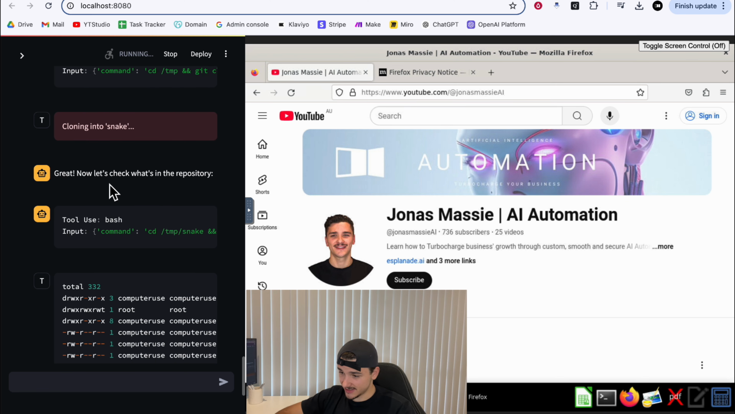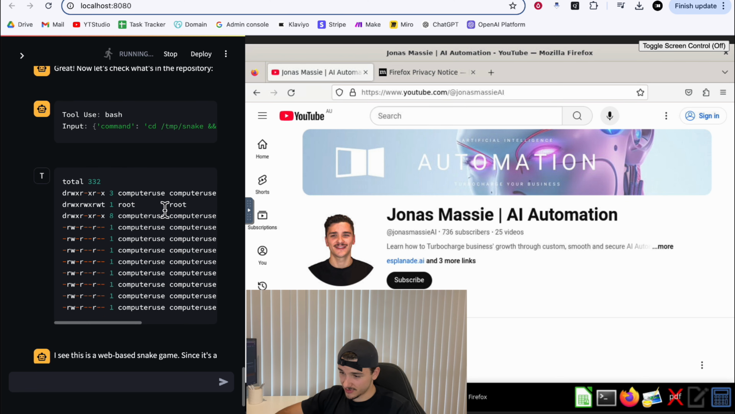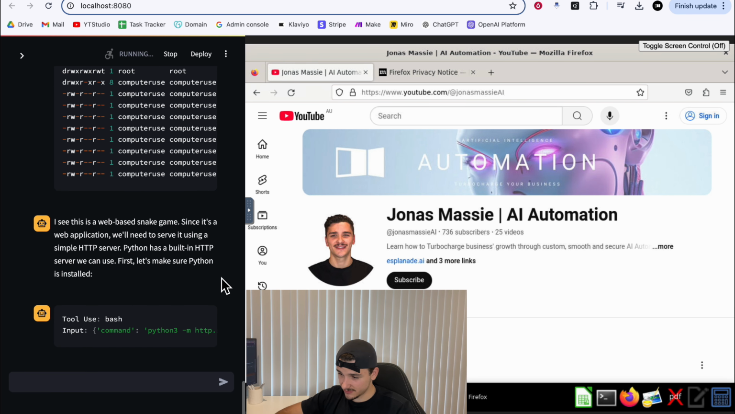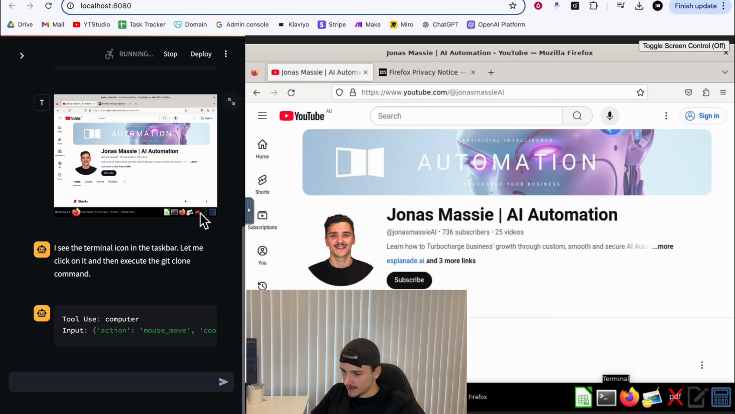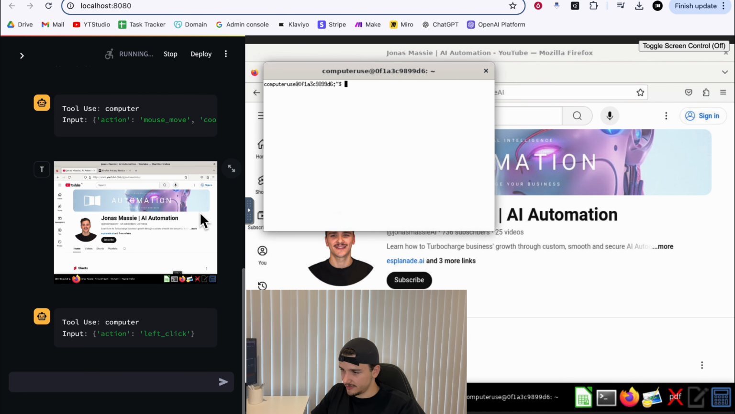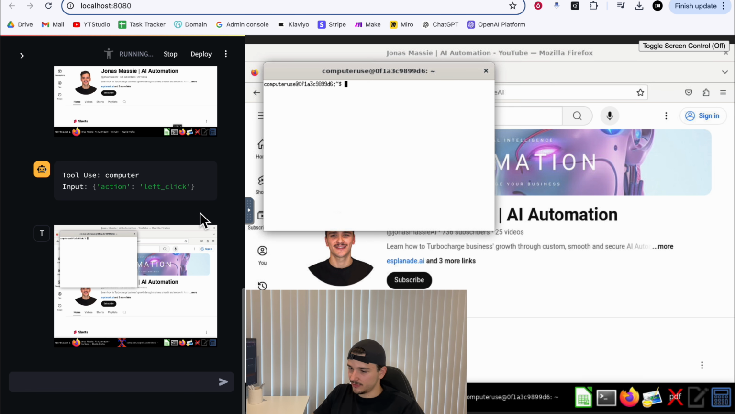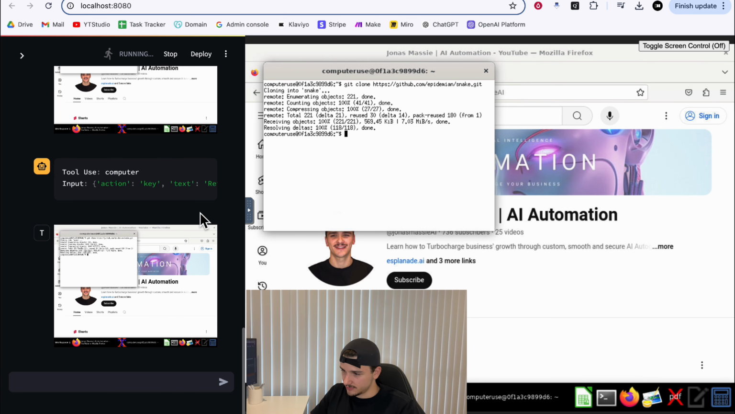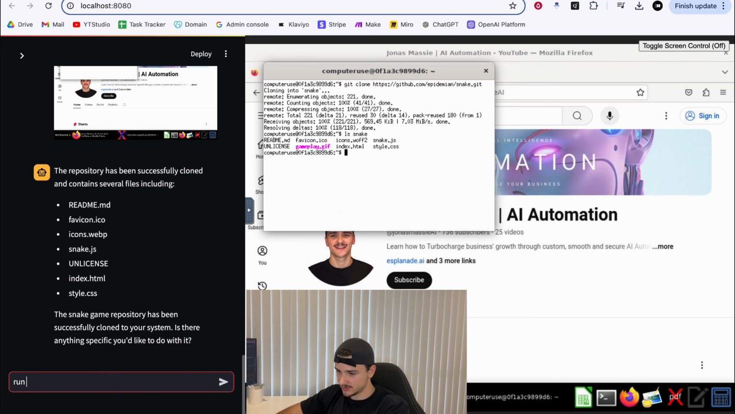Successfully cloned into Snake. It's going to cat open the repo. Since it's a web application, we'll need to serve it using a simple HTTP server, and it should, theoretically, be coming up on the screen here. It's still running. Action, move mouse, here we go. We're opening the terminal. It's going to git clone the repository address, hypothetically. There we go. Cloning into Snake. It's done. Now, this theoretically should stop. Let's run Snake